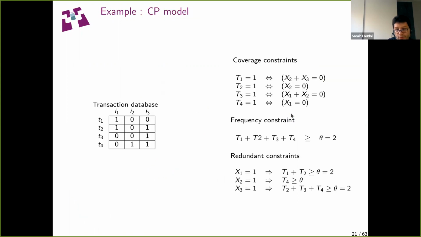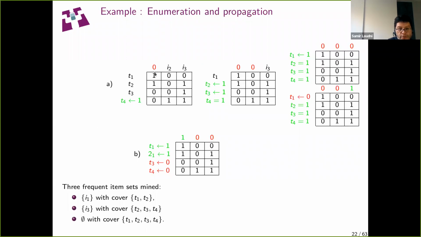If we look back at the CP model, as x1 is equal to 0, we can infer that T4 is equal to 1, and we can infer that x2 is equal to 0. So the transaction variable T3 must be equal to 1. So by assigning value 0 to x1, we can infer that the transaction variables T4 and T3 must take value 1, and so we can assign 0 to